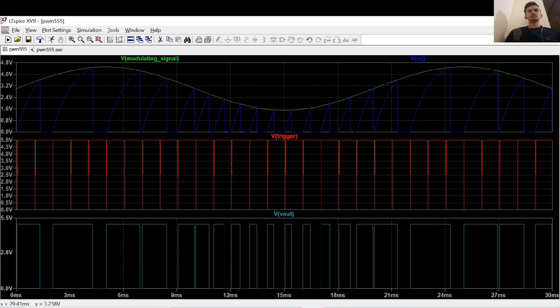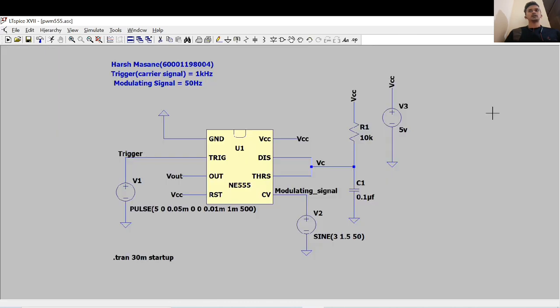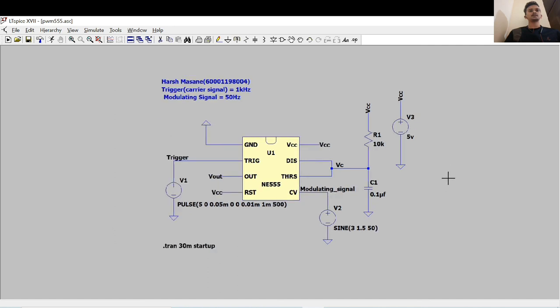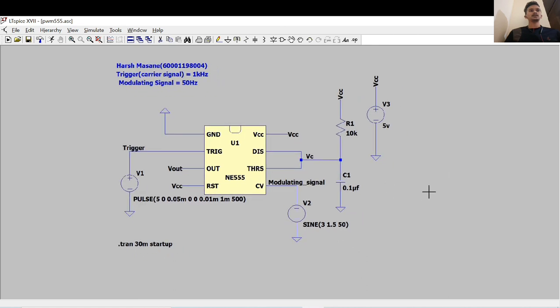So PWM signal is widely used for controlling the speed of DC motors and for servo motors. It is also used as a data logger. Further, PWM is also used in fan speed control, where the fan speed can be controlled in laptops and PCs. We can use this PWM signal, and it is also used in autopilot systems.